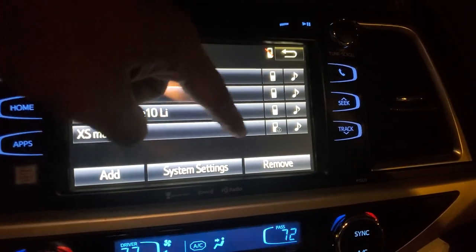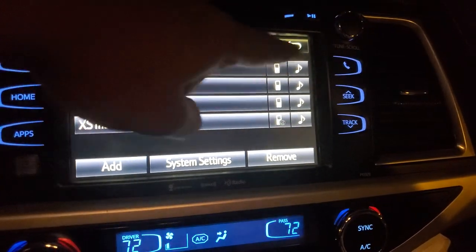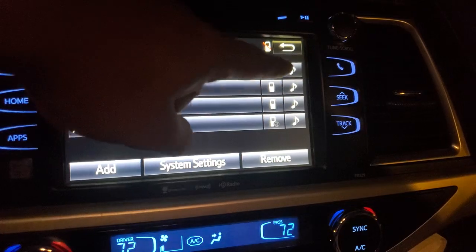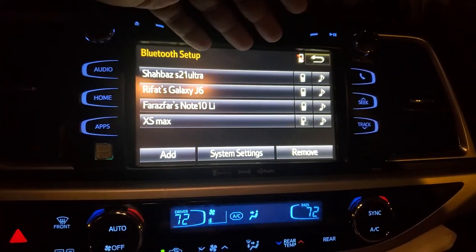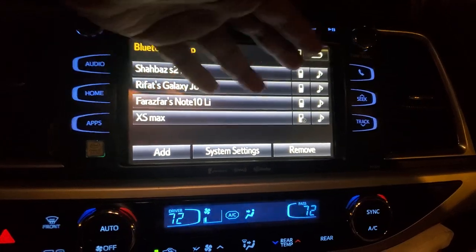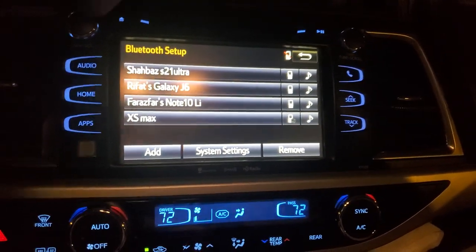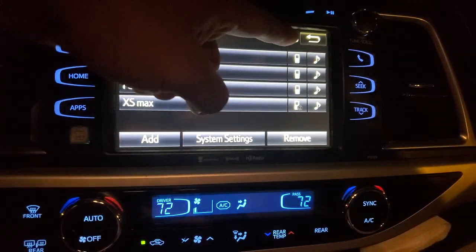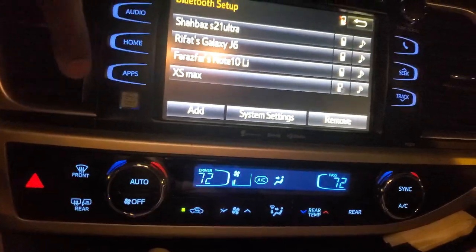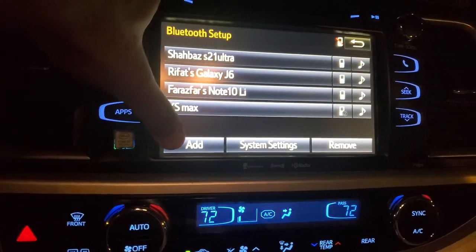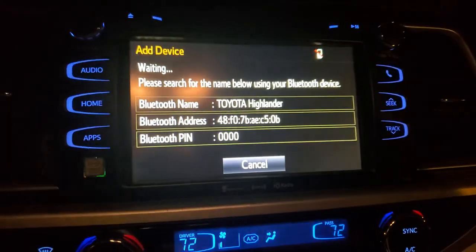If the car is running, then these options will be sleeping, you cannot press them, because Toyota wants you to be focused on the driving rather than on the screen, so they disable these options. When you stop, then you can connect any one phone. Okay, and then if you want to add another phone, press add here, then you can add another phone.